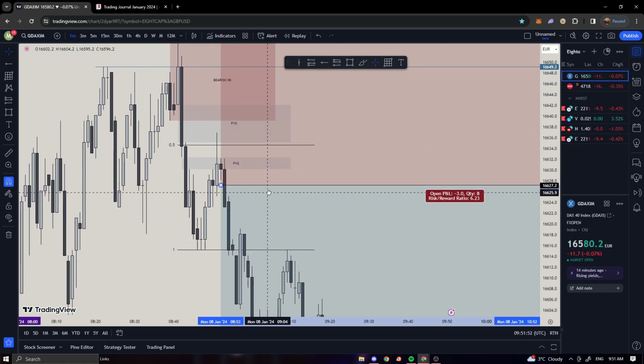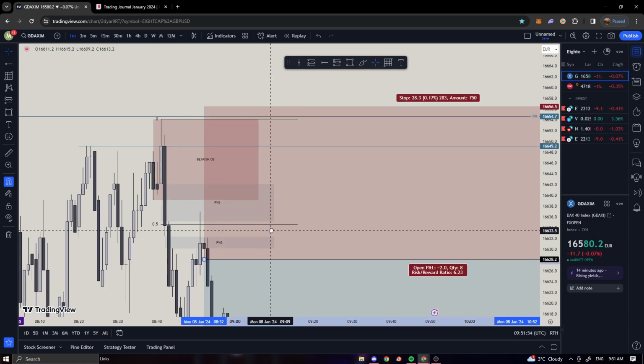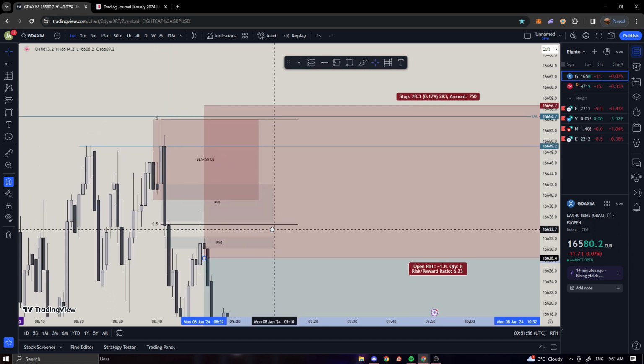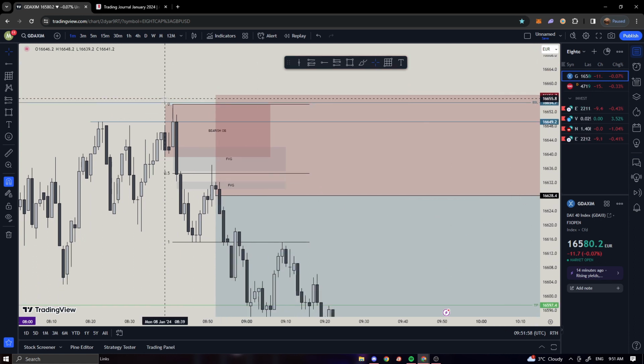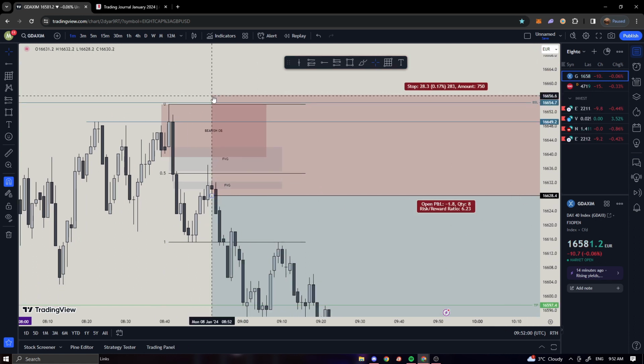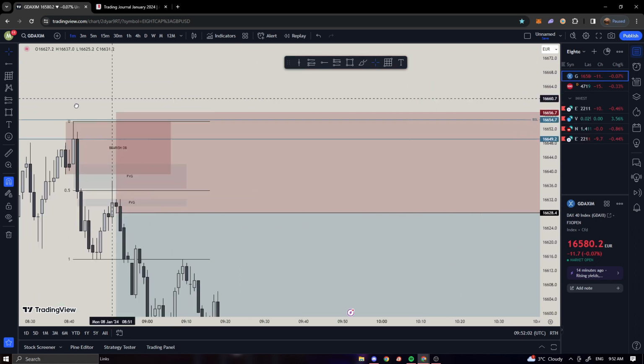Yeah, around there. I entered off there. I don't know why it's this slow, but entered off there. Stop above this high, so something like down there. The tool's a bit messed up, but